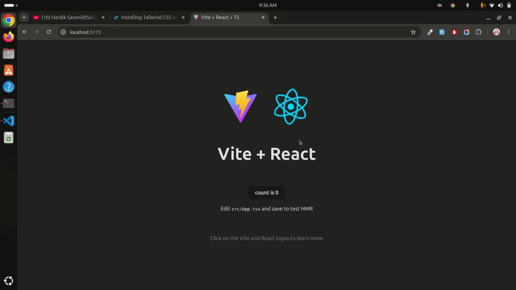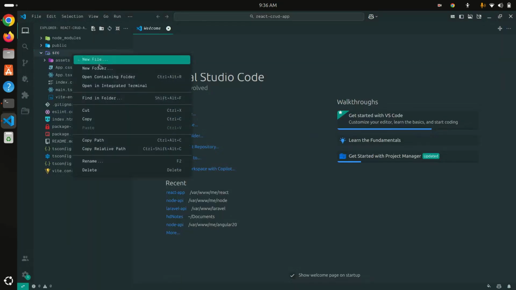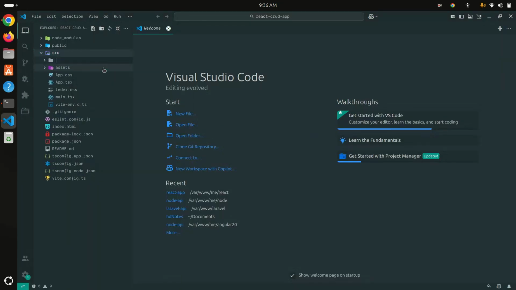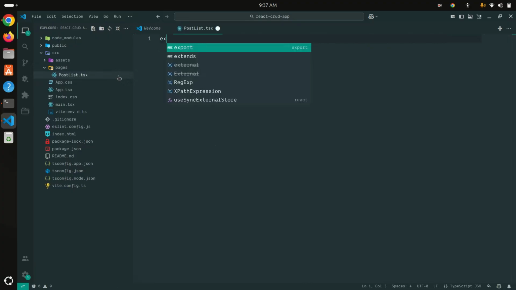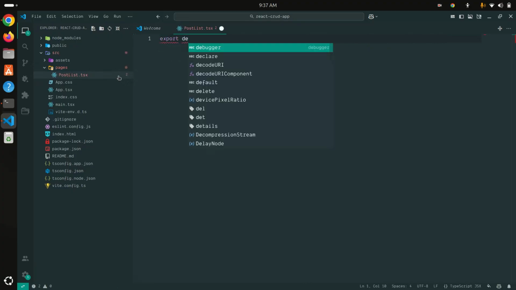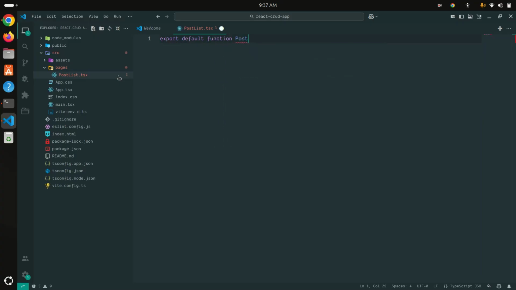First of all, I am going to create a new post list component. Let me go here, and inside the src, I am going to create a new folder called pages. Inside the pages, I'm going to create a new file called PostList.tsx, because we are going to use TypeScript. Now what I'm going to do is export default function, and the function will be PostList. Here, I'm just going to return